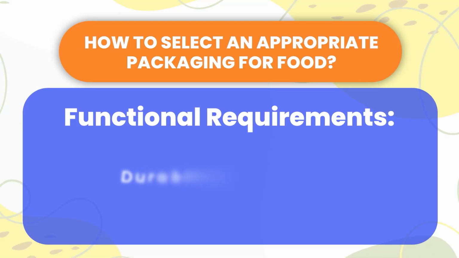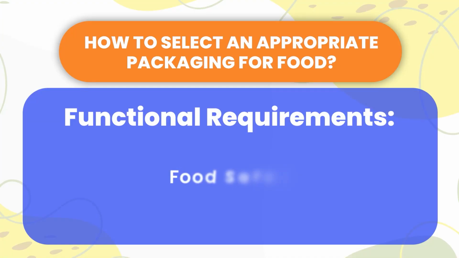So you have to consider the specific sensitivities of the food groups to the moisture, to temperature, to gas, etc. Then we have to consider the durability and tolerance of the packaging material. The packaging should withstand transportation, handling and storage without compromising the product's integrity. So for example, protection against the physical damage, temperature variations. Then very important part is the ensuring the food safety. So opt for materials that ensure the food safety throughout the shelf life.